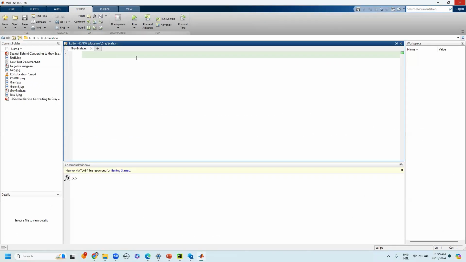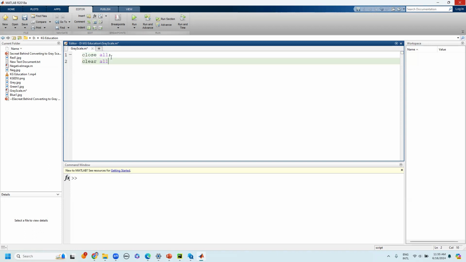Let's look at the coding part of the conversion of an RGB image into a grayscale image without using the built-in function. As customary, I will type the close all and clear all commands. First of all, I have to load my color image into the workspace. So I will use a variable and use imread, and within brackets I will input my